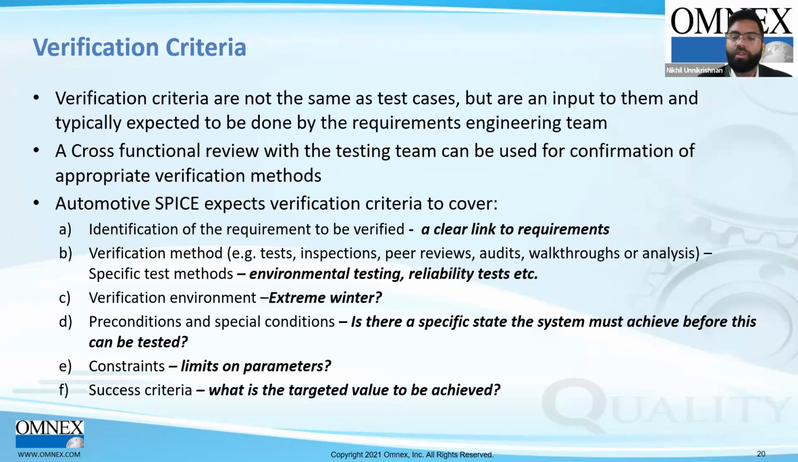So in the Automotive SPICE guidelines, the first edition that came out in 2017, it clearly states what is expected as part of verification criteria. Now, of course, the first one we're talking about is identification of the requirement to be verified. Now, if you have a very clear traceability going between the requirement and also the verification criteria, it could be as simple as having it documented in the next column